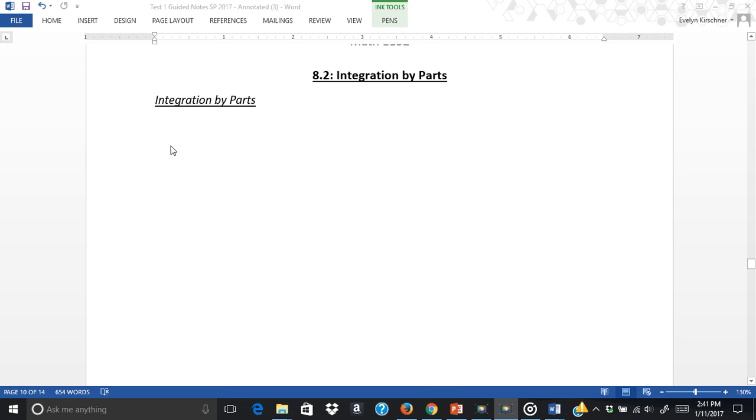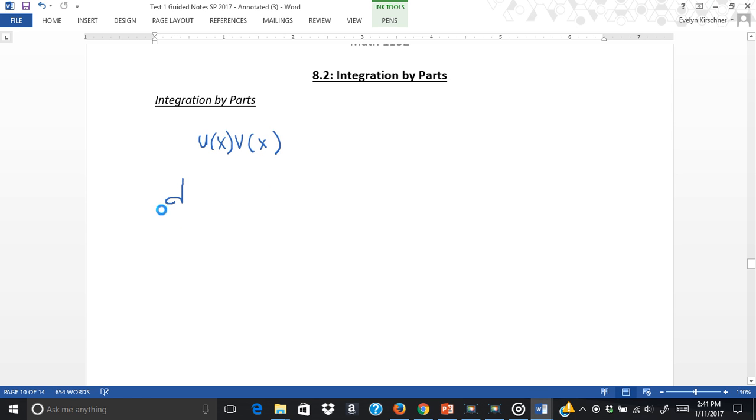We're going to talk about integration by parts. So first, what I want you to do is think about the function that is a product, u v. Okay, so when I take the derivative,